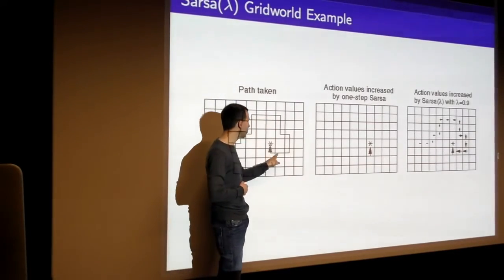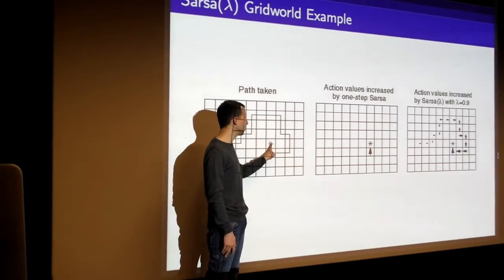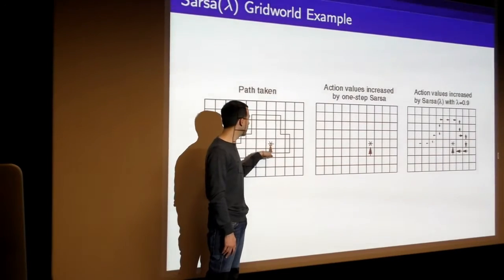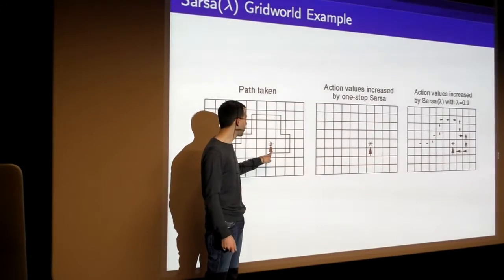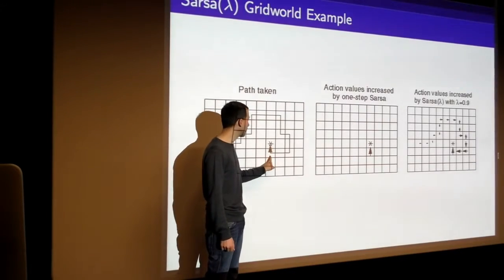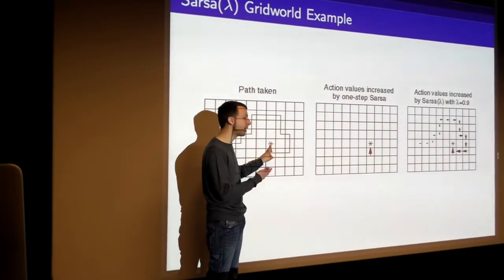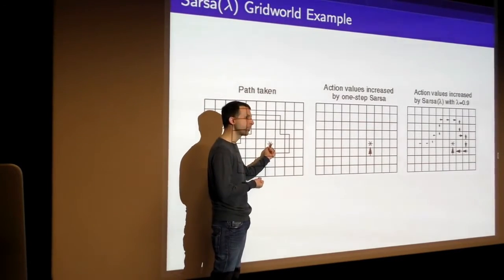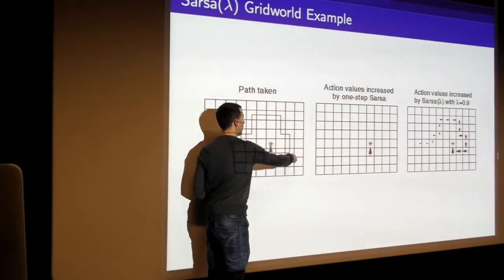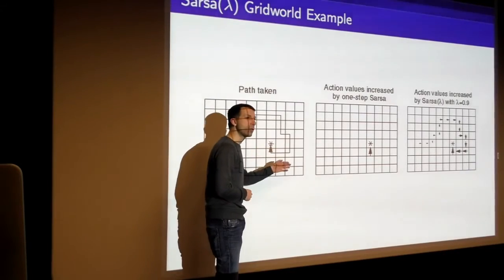The only place you get a change was in this very final step here, where you thought you were in a situation where if you go north, you got a value of 0, but then you ended up in a situation where you got your carrot. So now, this one will be updated, and you'll adjust it with a very nice positive increment. You're going to increase the value of this action going north to some higher value, and you'll think that this was a good action. Now if you run another trajectory, and you end up coming back through that same action, that will now propagate backwards one further step.